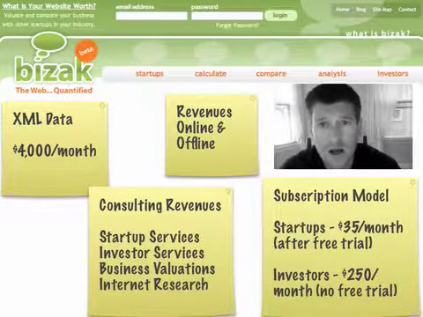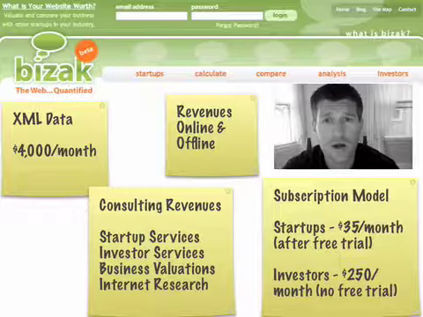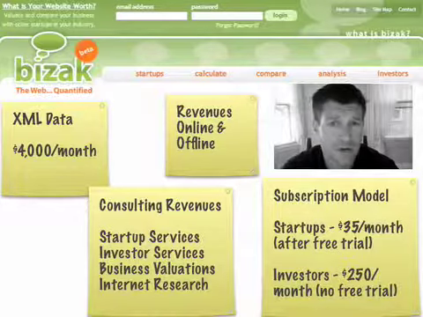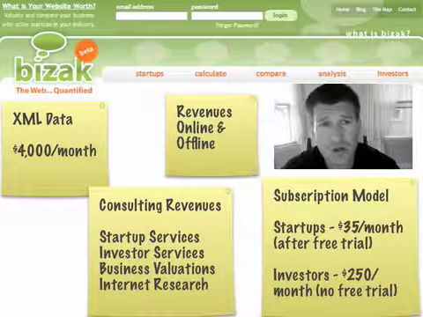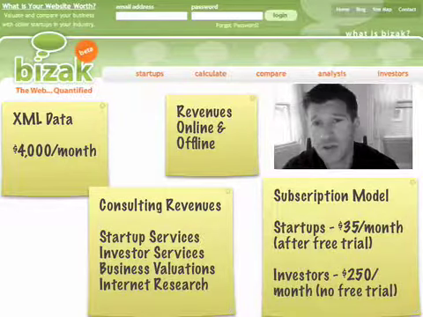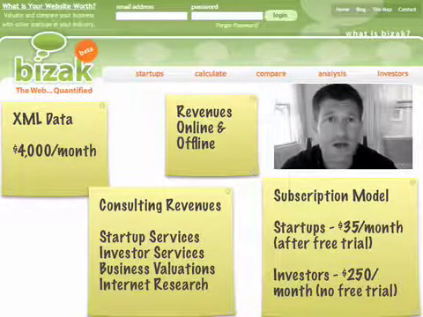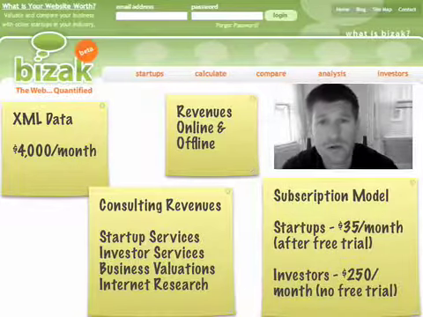Additional revenues that I hope to integrate into the site, and some that I'm currently working with TOKI Biz Incorporated, are more on the consulting side for both startups and investors. These include business valuations for startups, a bridge between startups and investors. These include investor services, consultation on the performance of startups, the industry on a whole, the Web 2.0 industry, the internet